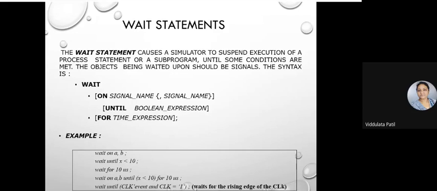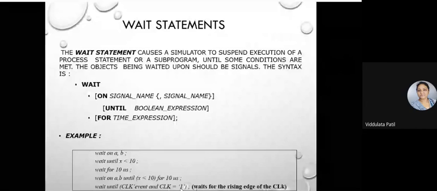Okay. And then another example that we can have is wait until clock apostrophe event and clock equal to 1. That means here, till a clock event occurs and clock becomes 1, that means at a high level,